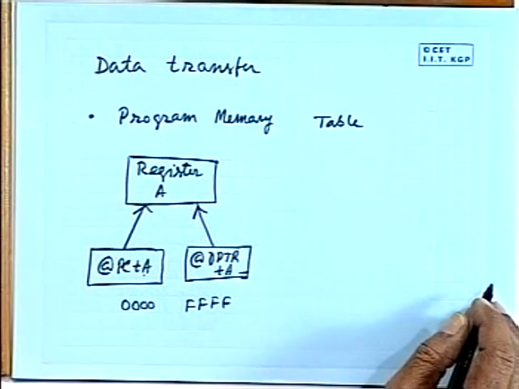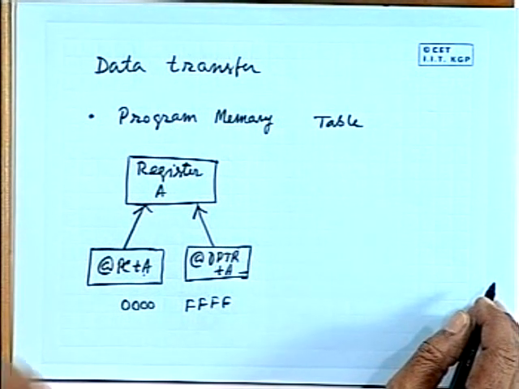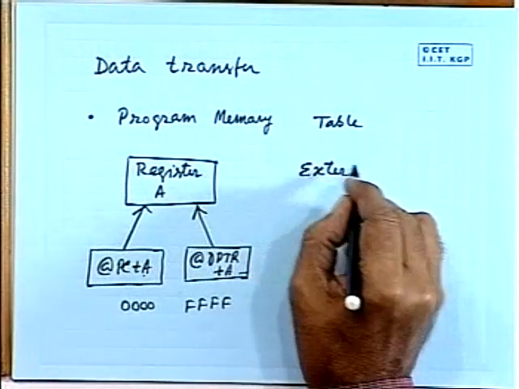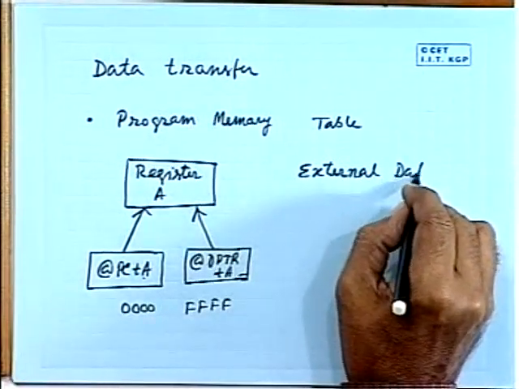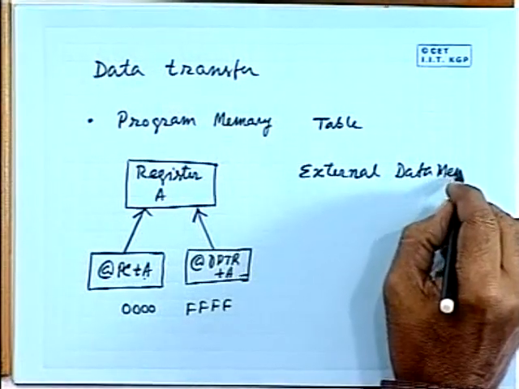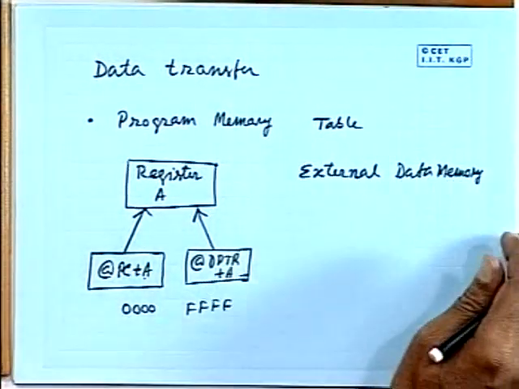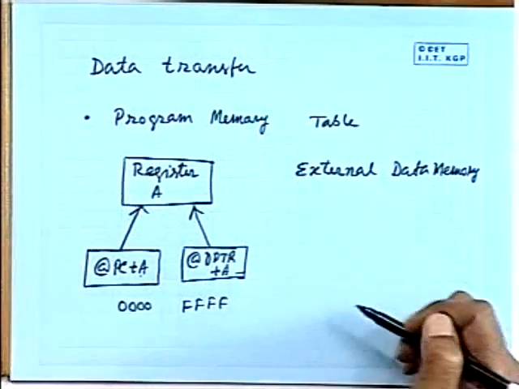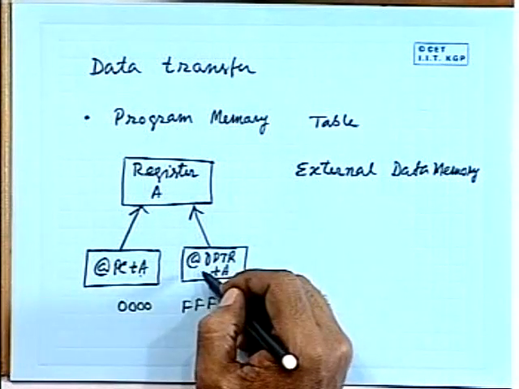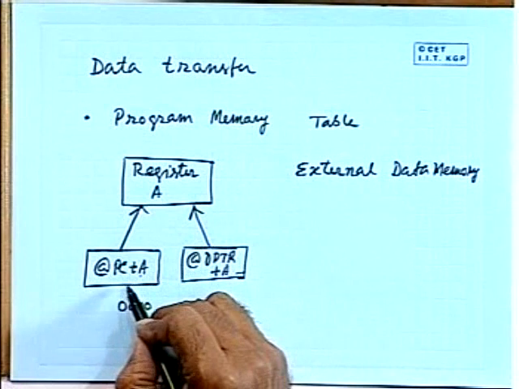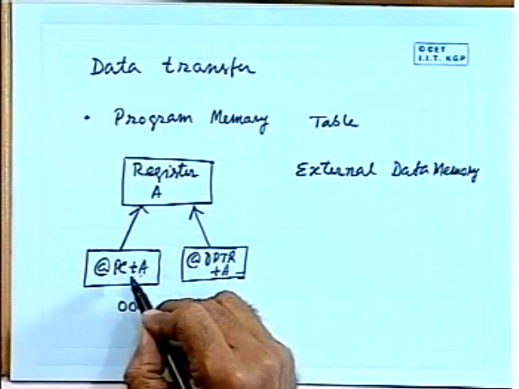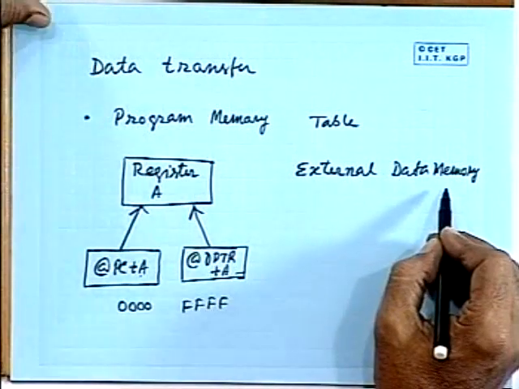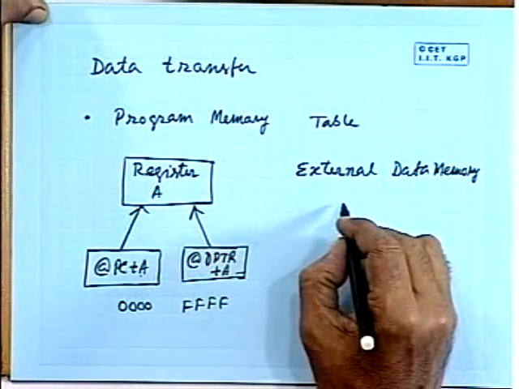You can also read data from the external data memory. However, in this case your data memory is RAM. In the previous case it was ROM, so it was unidirectional. Data was coming only from the ROM, which is part of the program memory. Also, whenever you can read external data, you can transfer to the register A,